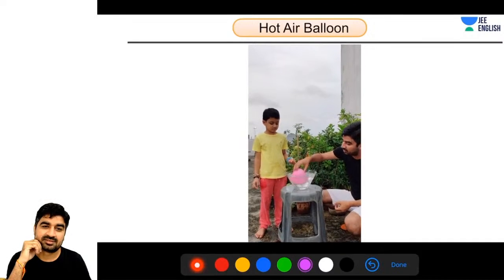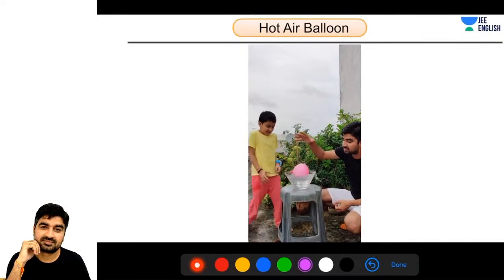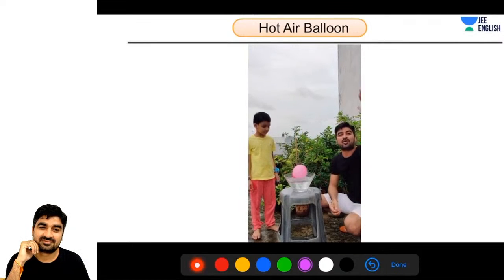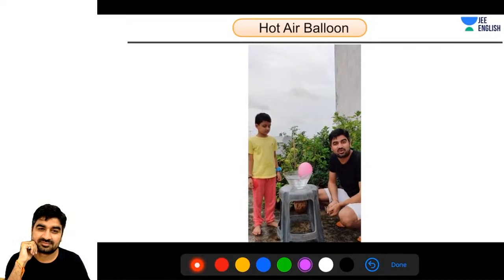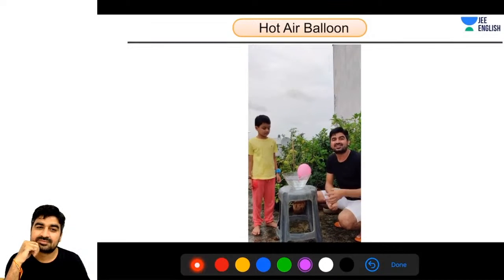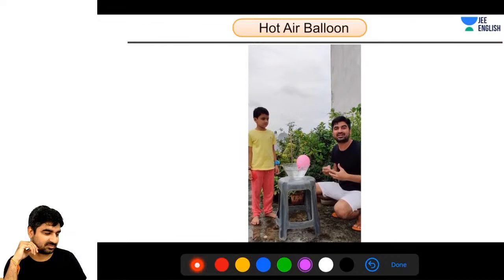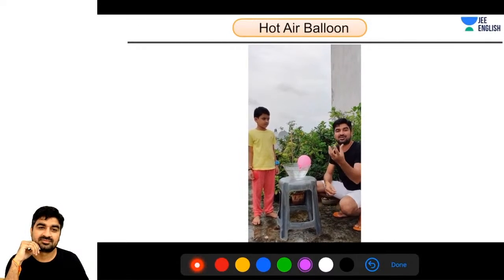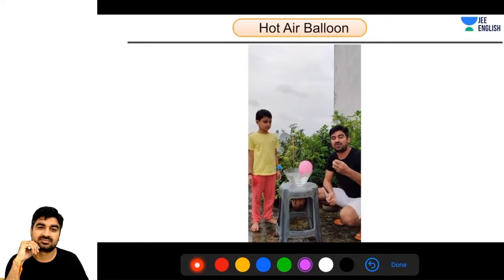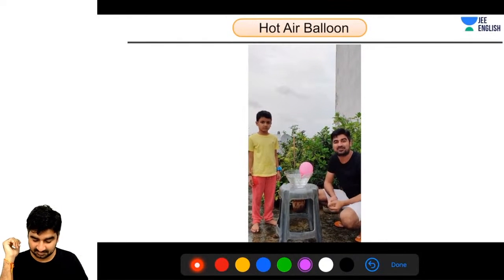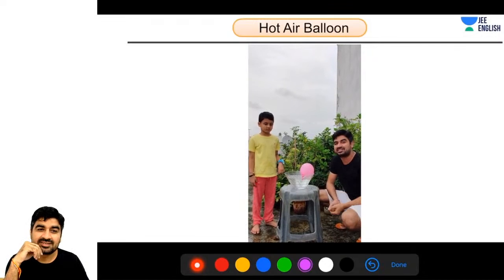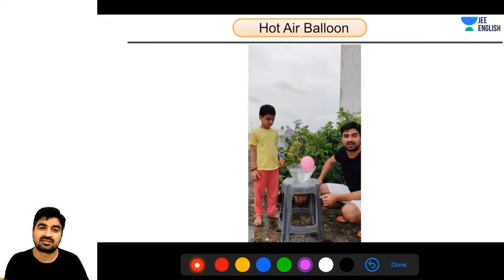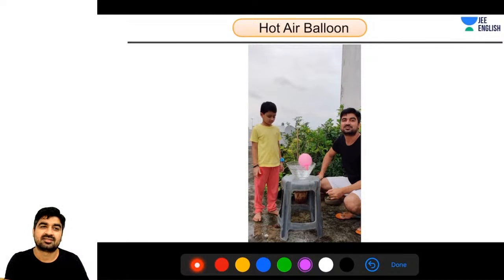So now I will explain why this balloon is not sinking and what the relationship of this balloon is with the hot air balloon. You might have seen those hot air balloons in Hindi movies, especially when the hero and heroine are both on a hot air balloon and the villain is trying something. He wants them to jump away from that. So today I will explain each and everything. Okay guys, so this is the experiment and now I will come to the theory part.